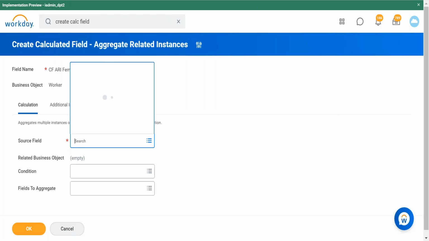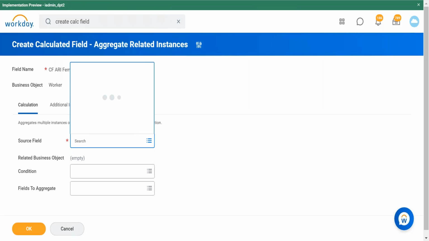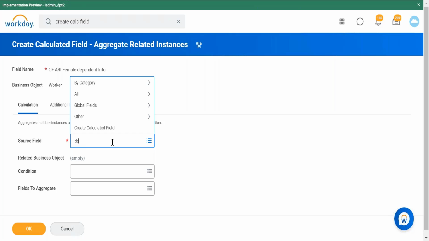Over here, now the source field, if I click on by category, let me just show you randomly. If you look at the source field, you will be able to select both single and multi-instance over here. Let me just pick up a random basic bio thing. So if you will see, for lookup related value only single instance fields work, right? But the good part of using aggregate related instances is that you can work with multi-instance fields as well. So that's the probable use case of this. Whenever you face a situation where you have to bring in a value of not a single